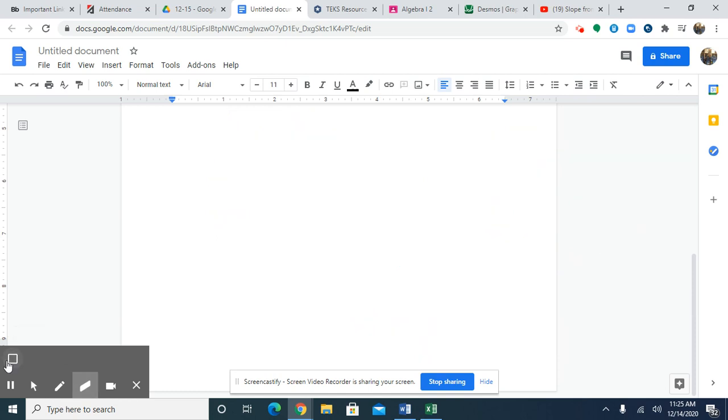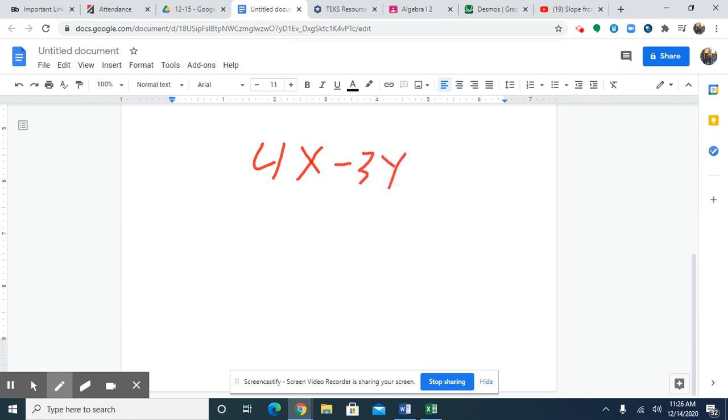Okay. So another example is the one we just talked about in the first video, where we had a standard form. So this is 4x minus 3y is equal to 6. So to find the slope here, remember the numbers in front of the variables,